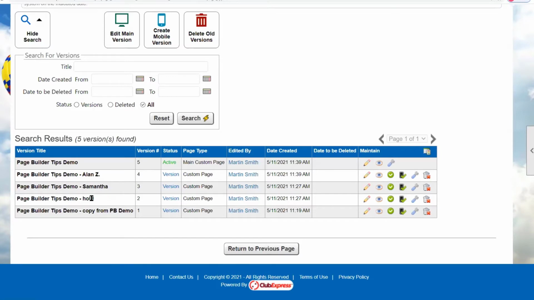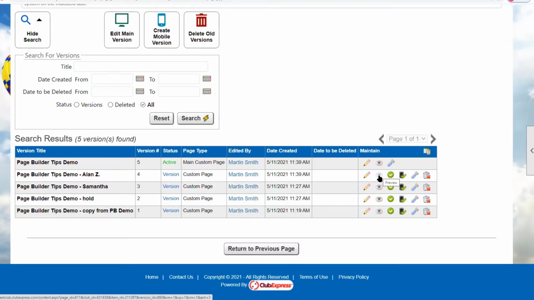And I made a copy. I'm just calling that my hold copy so that nobody messes it up. And we made another copy for Samantha, another copy for me, and then made one more copy, which is live. The difference between me viewing that page and viewing it here, in the version manager, the tooltip doesn't say